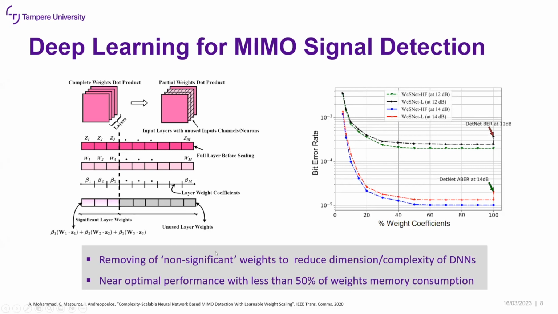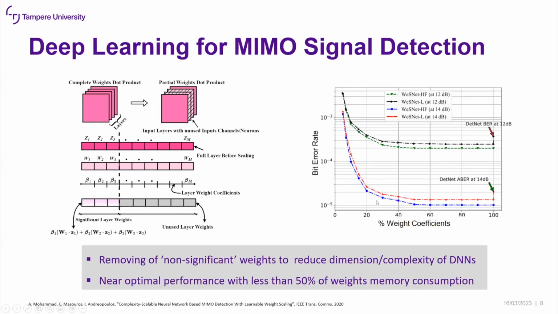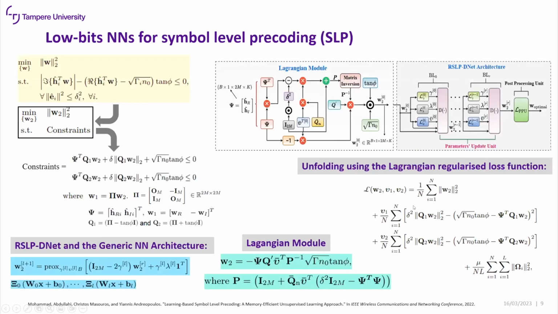So as we can see, by removing non-significant weights, the dimensionality, or the complexity, of the deep neural network has been reduced significantly, as you can see in this diagram. By dropping out 50% of the weights of the neural network, we still achieve very good performance. The next thing is we try to explore extreme bit quantization, using a binary representation to represent the weights